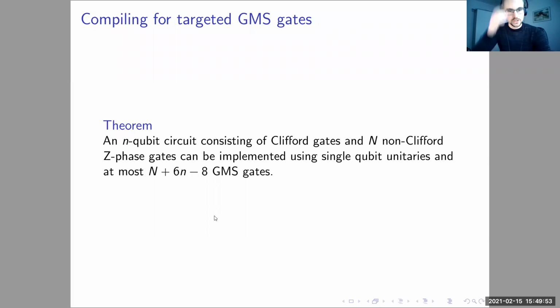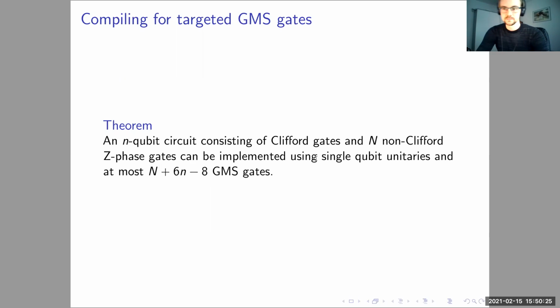Okay. So then combining these 2 steps of writing all these phase gadgets using GMS gates and then the Clifford circuit that's remaining using GMS gates, we see that if you have an n-qubit circuit, which consists of Clifford gates and exactly large N non-Clifford Z-phase gates, we can implement this using single-qubit unitaries and at most n plus 6n-8 GMS gates. So this is linear in the number of non-Clifford gates, and it's linear in the number